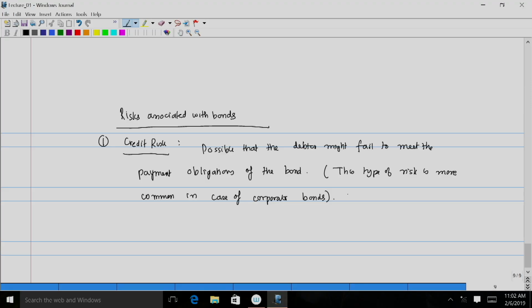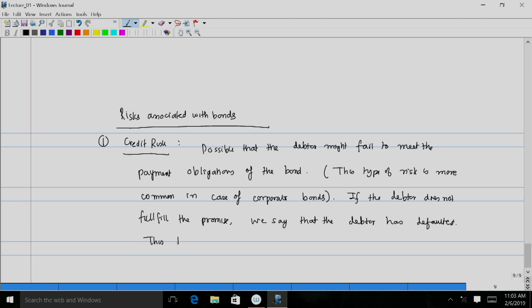So, continuing from here, in this situation where the debtor fails to meet the requirement, in other words, if the debtor does not fulfill the promise, we say that the debtor has defaulted, and this type of risk is called credit risk or default risk. Now, as I have just observed that it is more likely that the corporate bond or